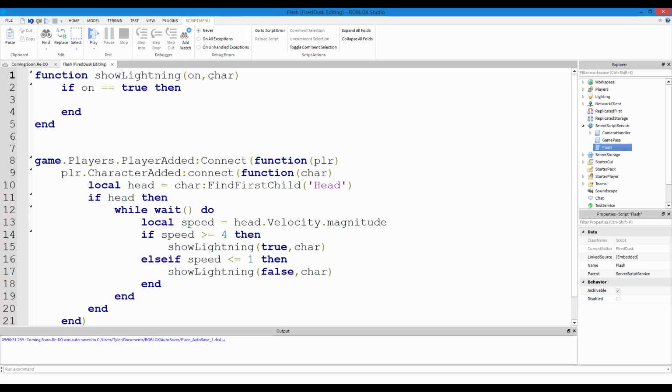So let's put the parameter as char, which is over here. But right here, it could be anything, like it could be character if you want. But whatever's right here has to be whatever's right here. But we're just going to do char. Alright. So if on is equal to true, then we're going to be running the code. Saying if on is equal to true is the same thing as saying if on, then. That's the same thing. But to make more sense, we're going to do if on is equal to true, then